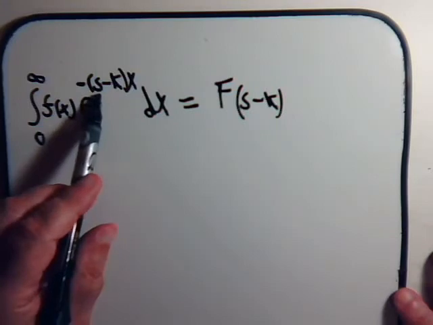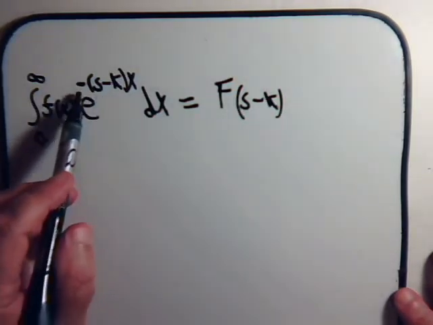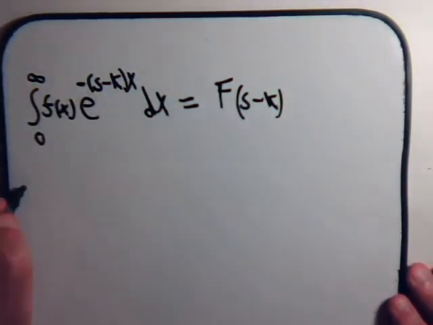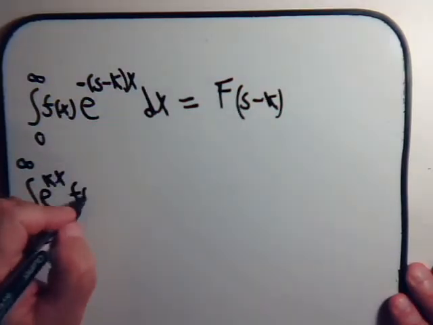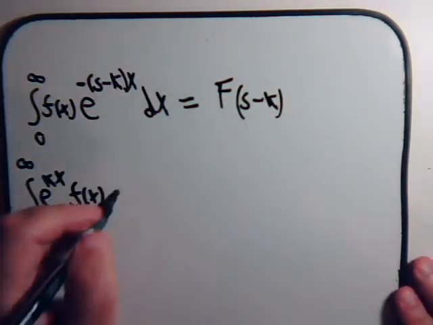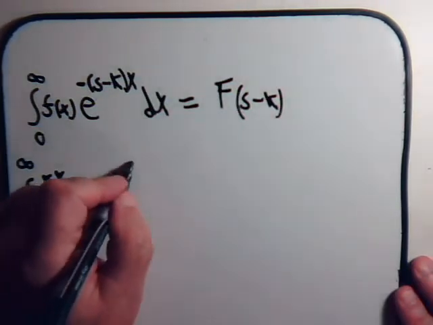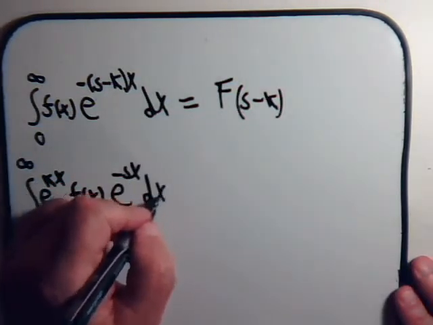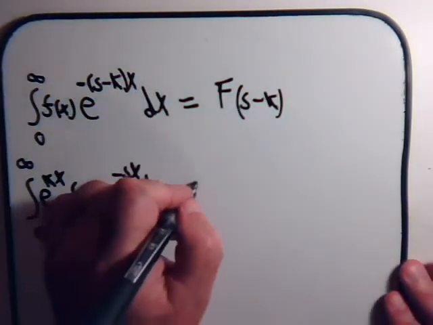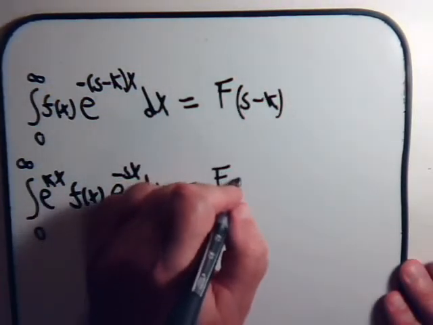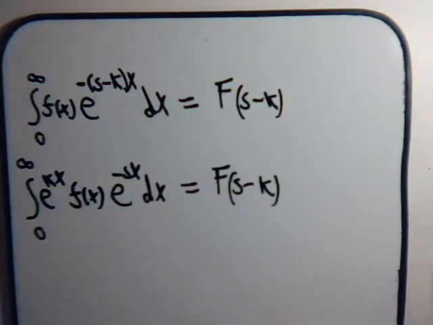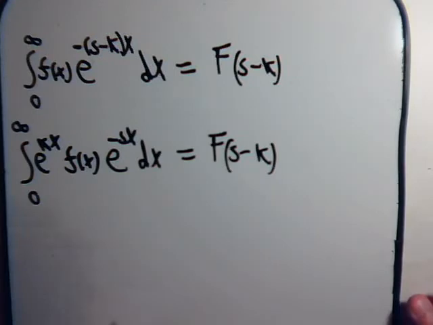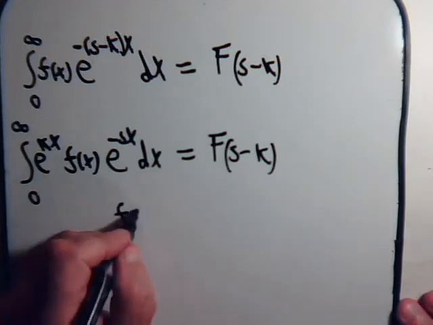This would be e to the minus sx times e to the plus kx. So you have it like this, times e to the minus sx dx, and that in general equals some function of s minus k. So what that means then is, if we have some function f of x,